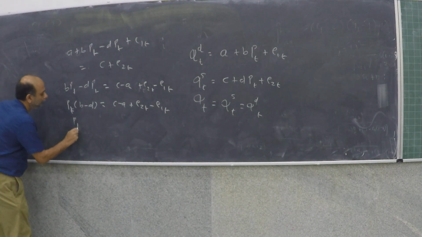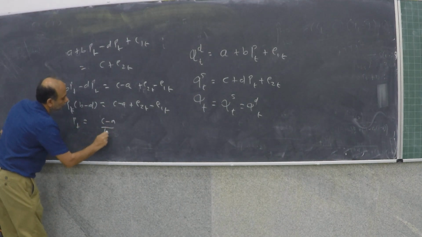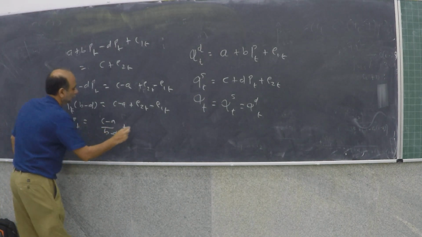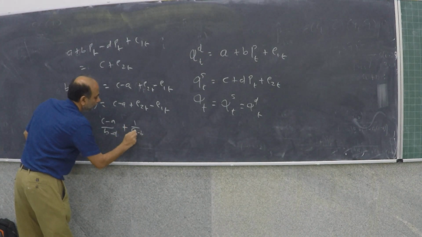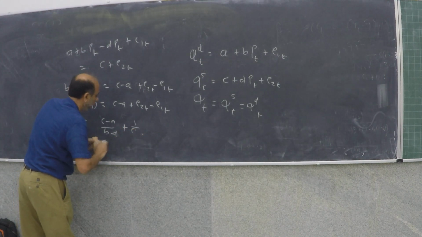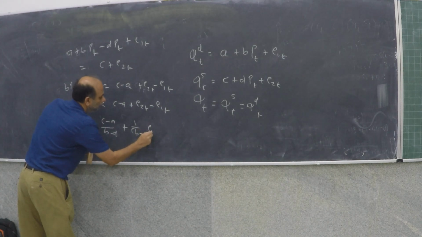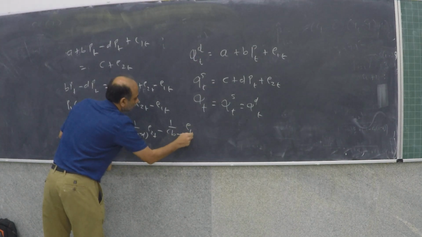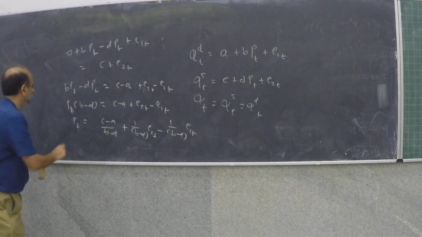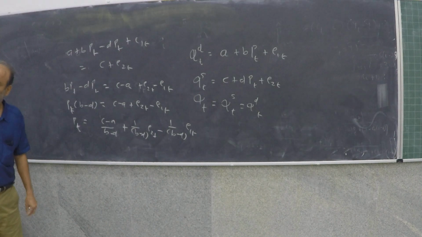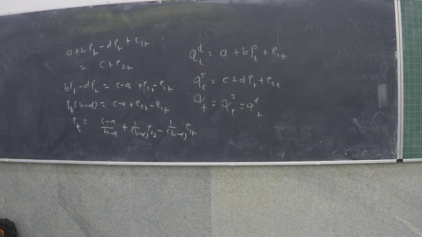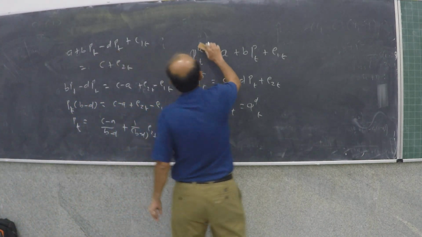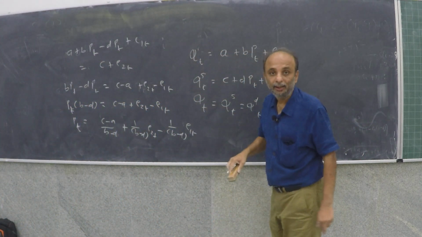So that would give PT, right? And what would QT then be? So if I, for example, put QT in this axis, if I substitute